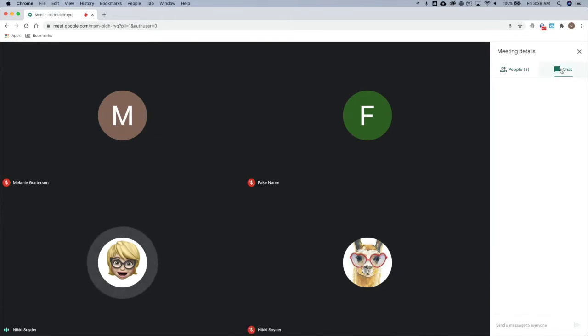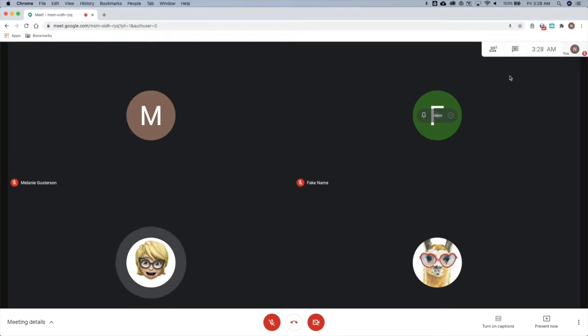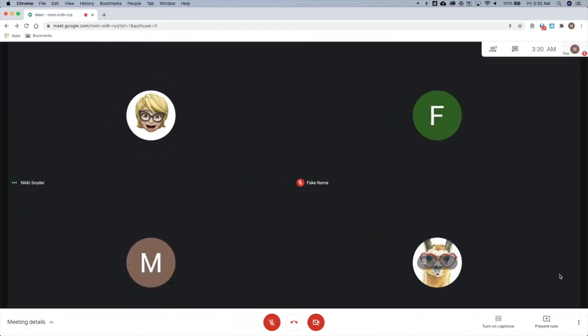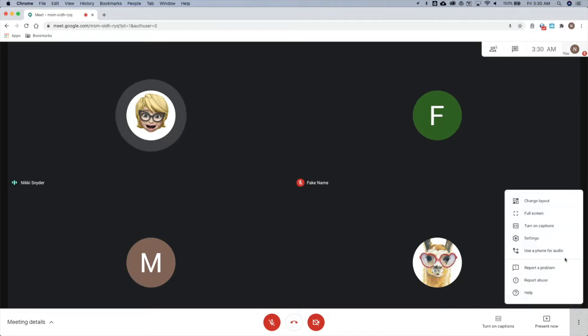This is the chat area, so anyone who does not have a microphone or would like to ask a question without unmuting themselves, they can type it here and it'll pop up for everyone to see. The chat window is also accessible here. We'll start with the 3 dots at the end. This is more options. You can change your screen layout. You can go to full screen, turn on captions, use phone for audio,